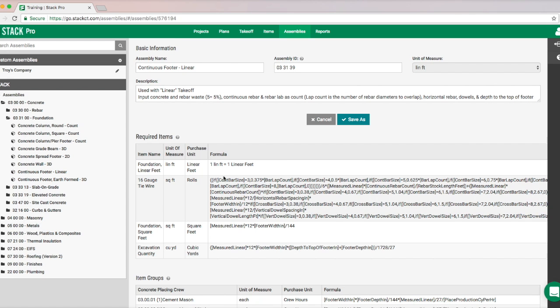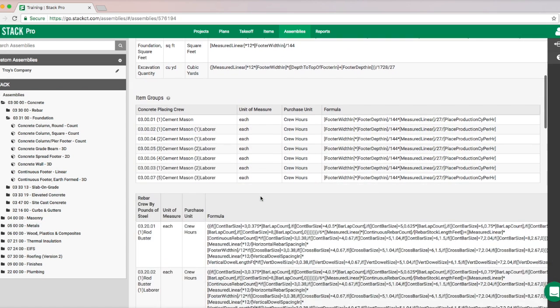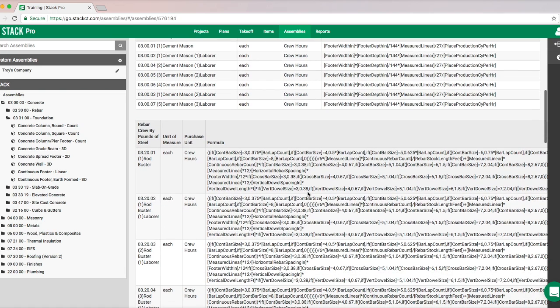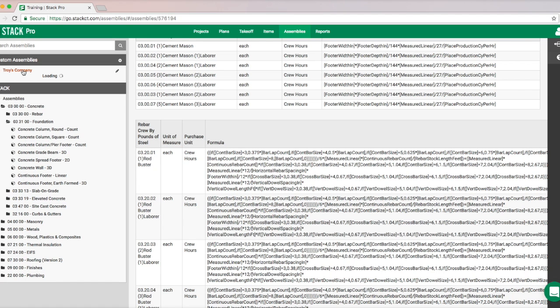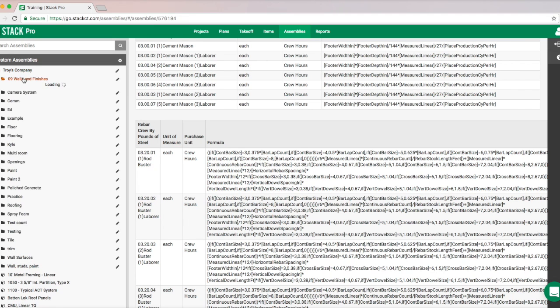So we can see here that the math behind an assembly can get incredibly complex, okay? And that's why we offer these pre-built catalogs. If you don't want to do this, you can certainly build your own, and they don't need to be this complex. By contrast, let's take a look at a